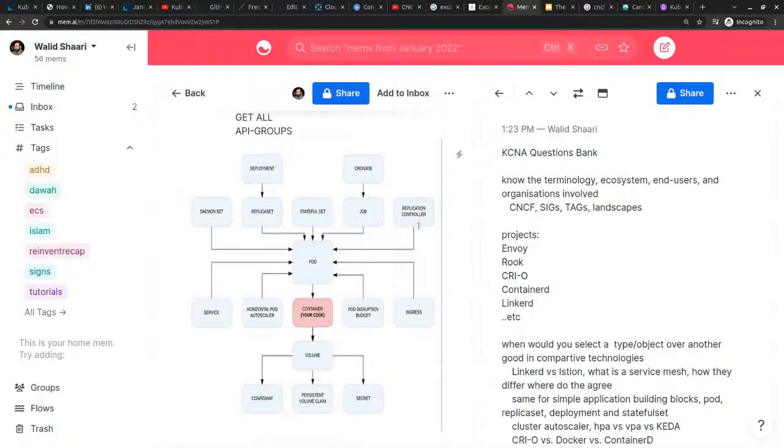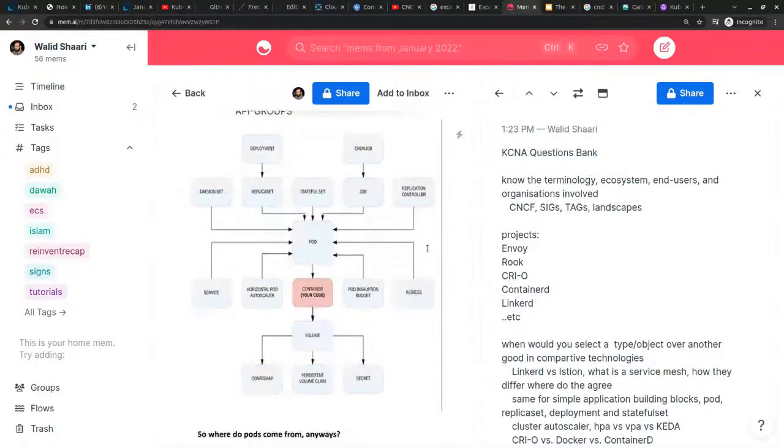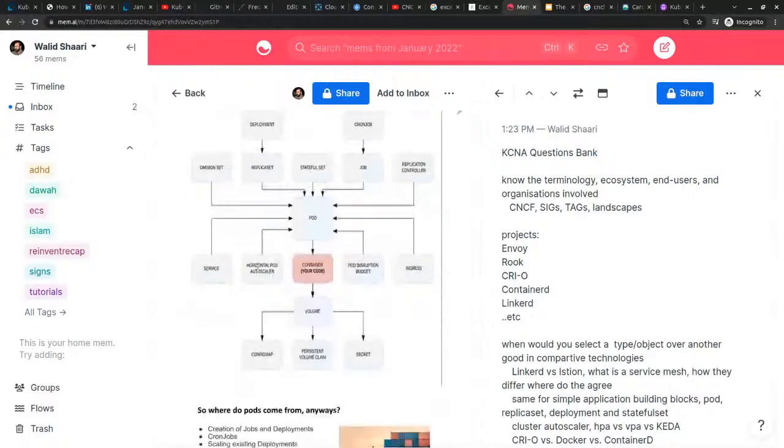Okay, and what's the difference between Service and Ingress? So basically, both of these are ways to expose traffic, but Service exposes traffic internally. Ingress exposes traffic at a higher layer, layer 7, the application layer, to the cluster. So I need to know, is Ingress a Service or is it not? No, it is not. Okay, so what is the specific, and when should I use an Ingress versus when should I use a Service?